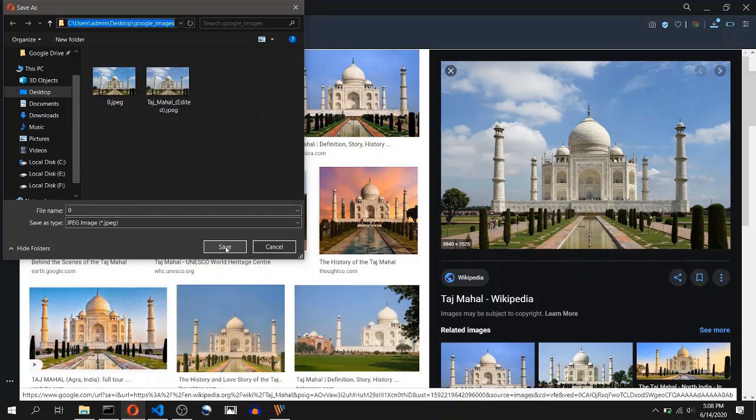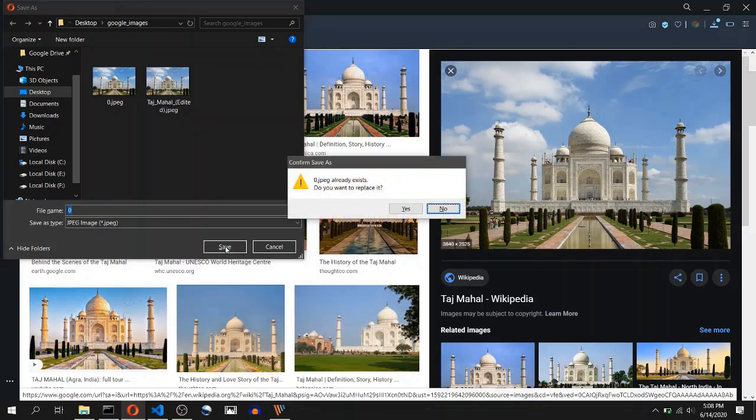It will type the folder path that we want and it will press the Save button. And it asks for the replacement. This is because there is already a file named 0.jpg inside this, so we need to ensure that the folder that we are passing is completely empty before running this program.